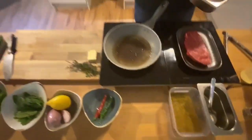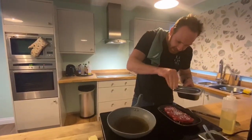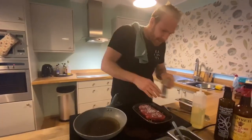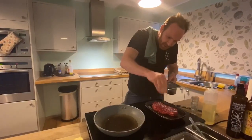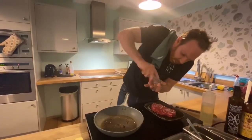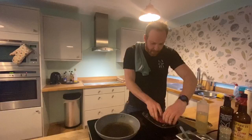So we're going to be quite generous with the seasoning. Always season on a plate, so obviously if any falls off, you can mop it up. So we're going to go with ground salt, some nice pepper, pat it down, turn it over. Some more salt on the other side. A lot of the seasonings fall off when you're cooking, so that's kind of why we go a little bit more than we would do. So salt and pepper there. So we're just going to mop all this up,